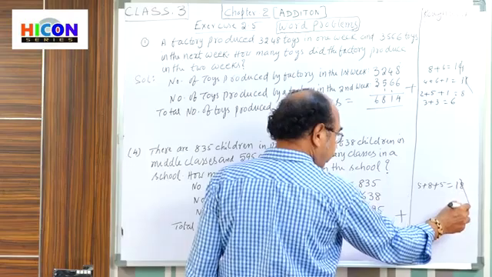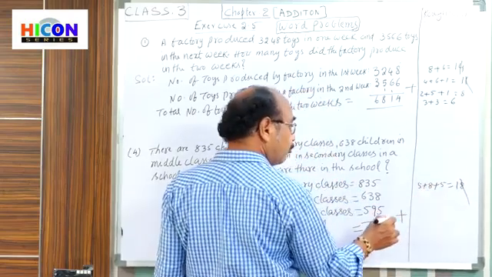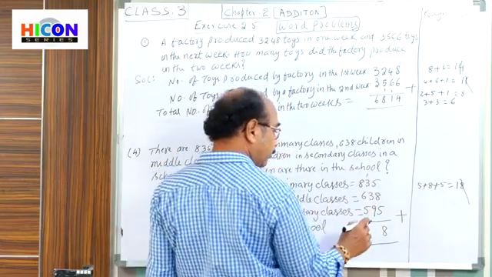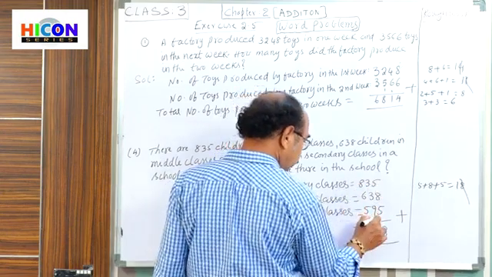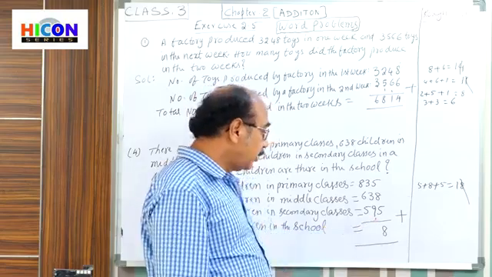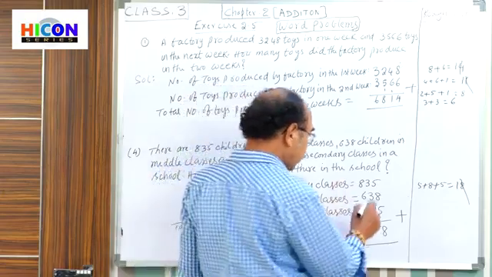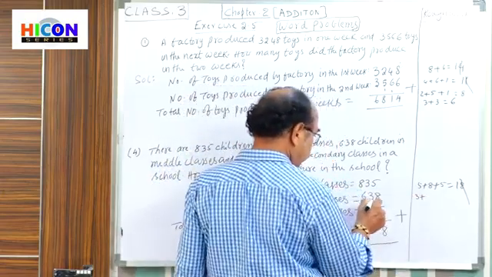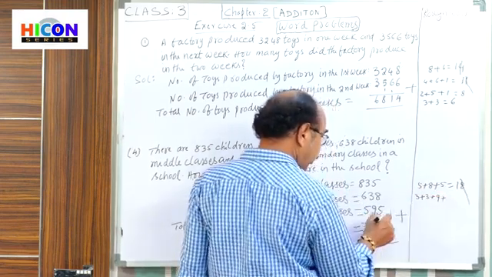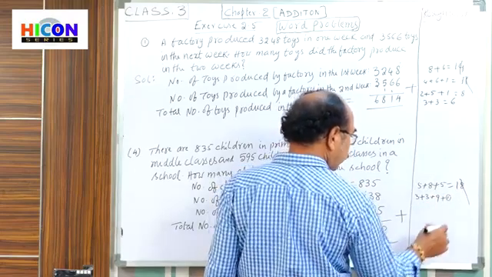18. Strike off 8 right here in the ones place. Now 1 is there, no? That one we carry to the next. That means here also we can write this one right here, small. 1 is the carried 10. Now add the digits in the tens place. 3 plus 9 plus this one, the carried 10.